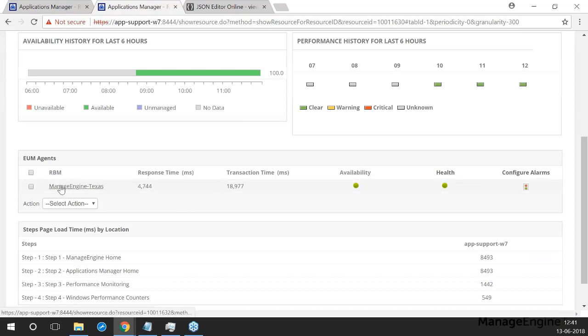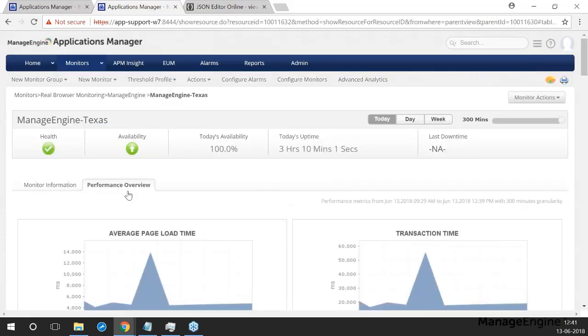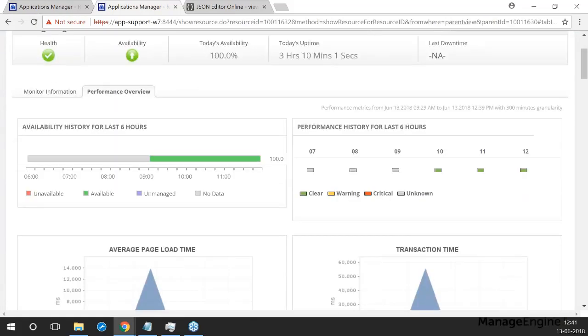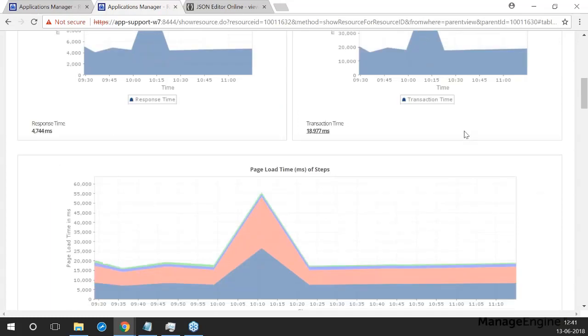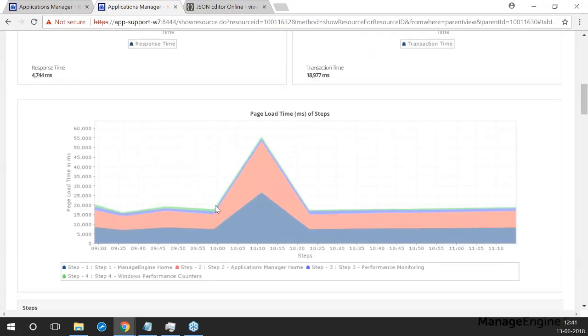So here is an agent, the Texas agent that we were just talking about. This agent has been collecting data and sending it over for our analysis. Let me click on the agent and check the performance overview that this particular agent has collected. So the load time, the transaction time, and the graph that we actually saw in the presentation